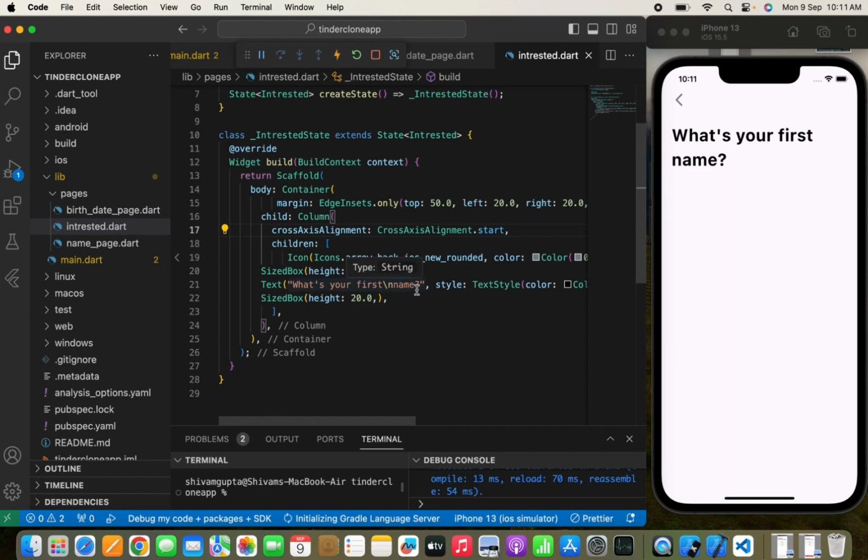So let me know who you are interested in seeing in the comment box, so that I can know how many people here are interested in seeing what. So we'll write who are you interested